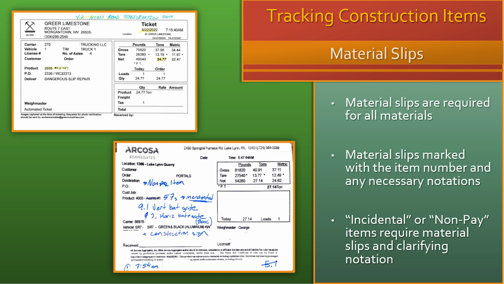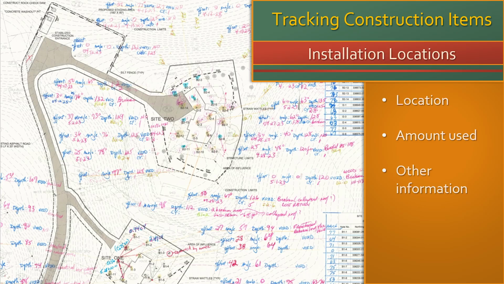Materials that are used to construct an item but are not paid separately from it, incidental to a bid item, must be checked and marked as incidental or non-pay item with a note indicating the bid item number and name where it was used. Along with tracking materials as they are delivered to the site, inspectors are required to track